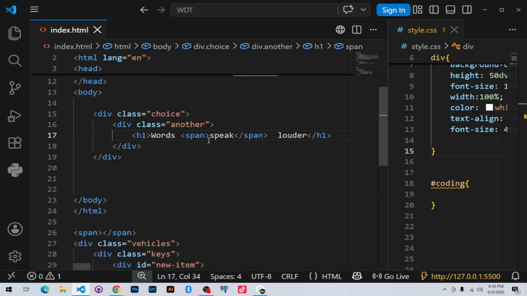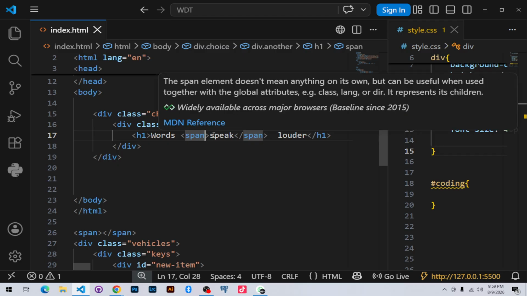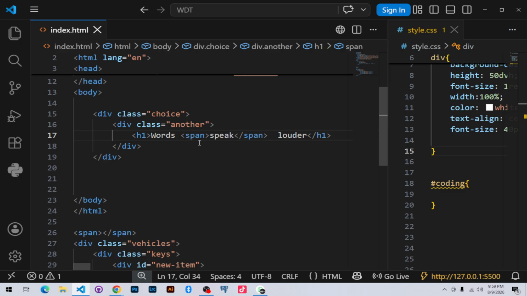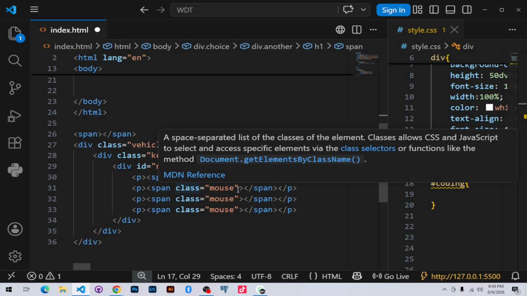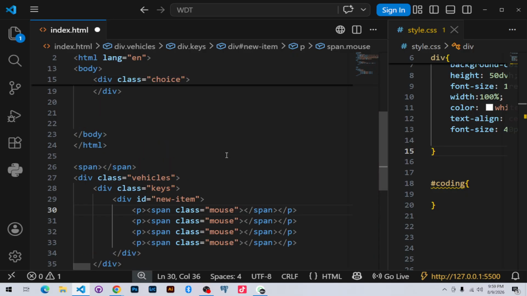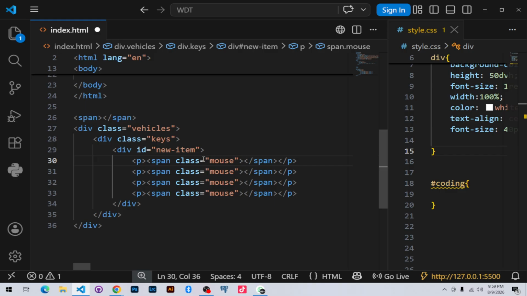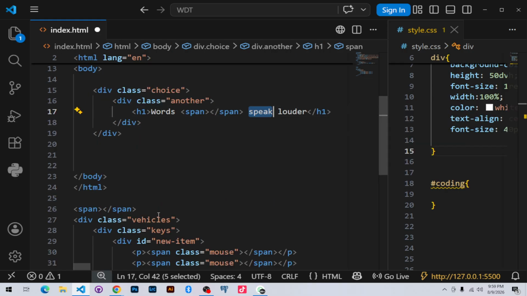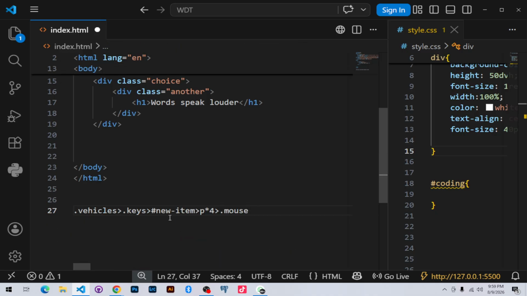The only way that you can alter or have the chance to command this word speak to have a different effect, so that the other parts of them stay alone, is to put this span both at the beginning and the end of that particular word. Then you put a class into that span. So span enables us to make classes around specific items. That's why they kept inside the P a span, having the class of mouse, so that the content will be placed inside here. Okay, all right. And I think let me do control plus undo, and then